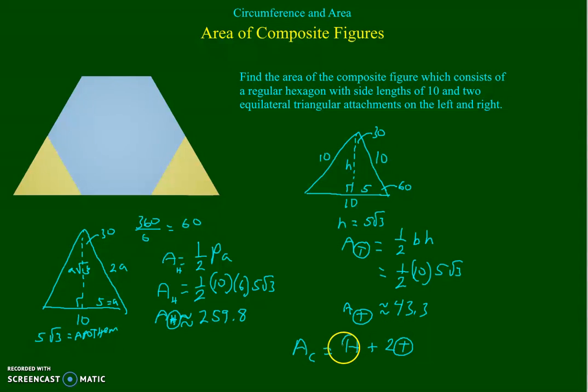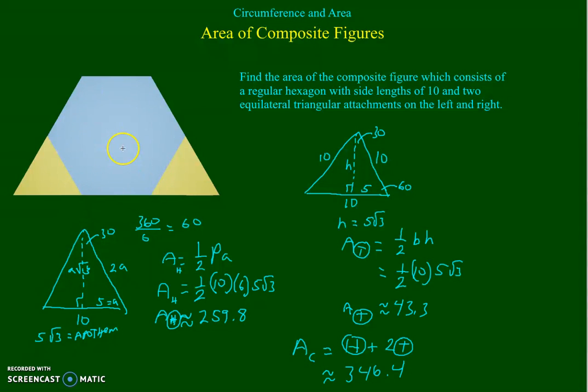And these were the values that we stored in memory. So that's going to equal approximately 346.4. Now, it should be noted, if you're fond of just finding the area of the triangle and multiplying it